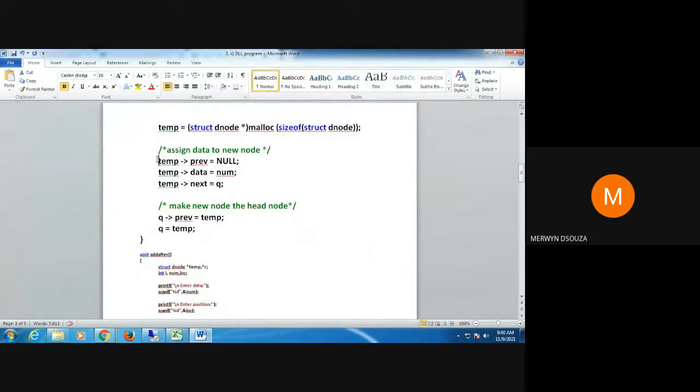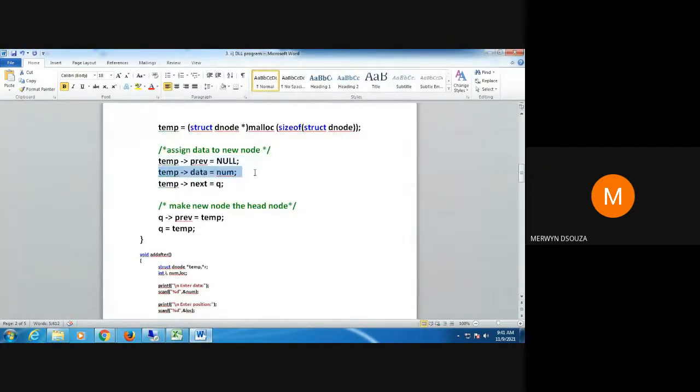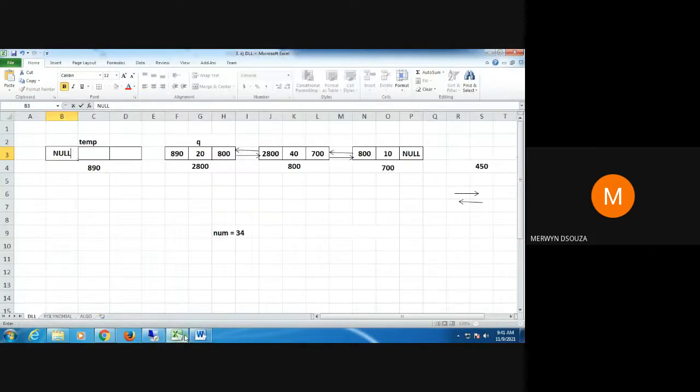Next, like I told you, since it's going to be my first node, the previous part will be null. So I say temp arrow previous equal to null. Then I assign data to it. So I say temp arrow data equal to num. Num contains 34, so this will be 34.